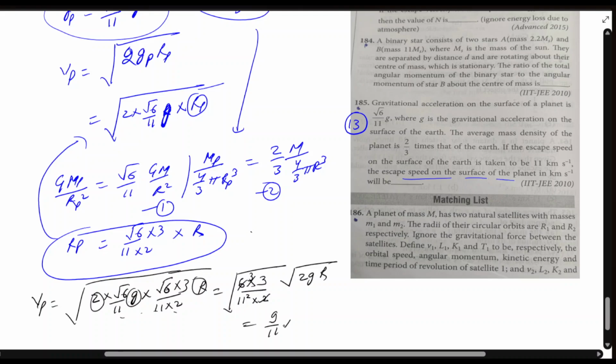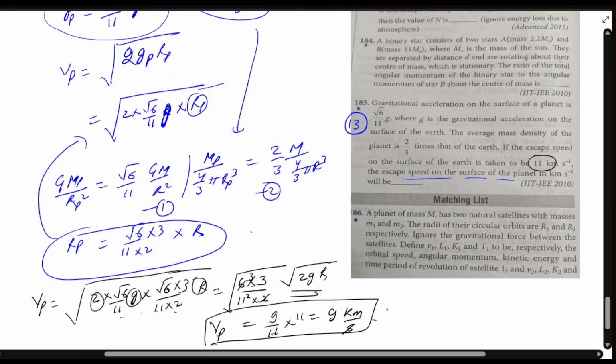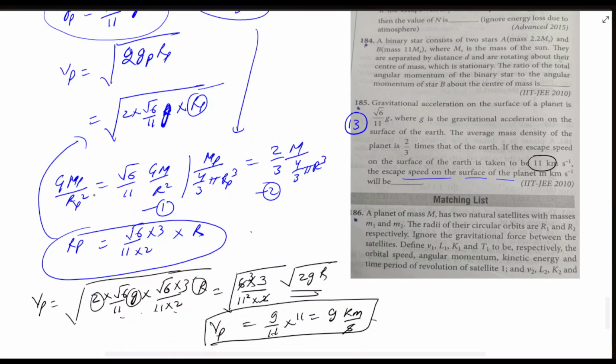So 9 by 11, and root 2 GR is given. We have to take it as 11. So we will have 9 kilometer per second. This is the escape velocity of the planet, right? So it's simple. Look, if you try to find the radius, then just divide these two, you will get the radius of the planet, right? So answer will be 9,